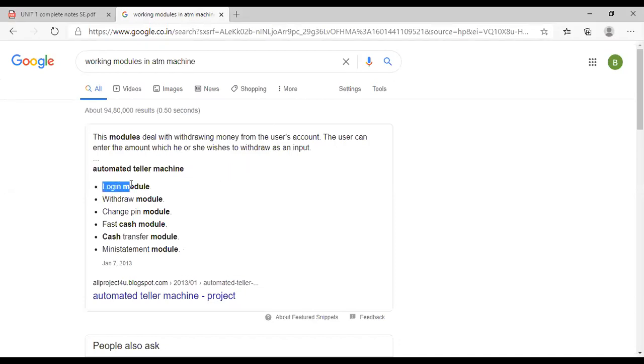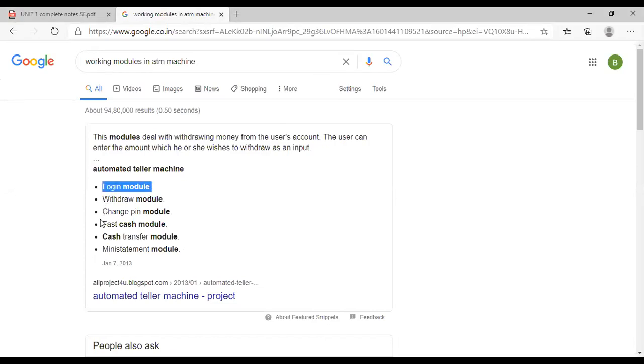So the first module, let us take it as login, where the user enters, okay, his credentials. What are the credentials that are entered when we want to log into an ATM? Nothing but we need our card, which is provided by the bank. So that is one part of the login credential.